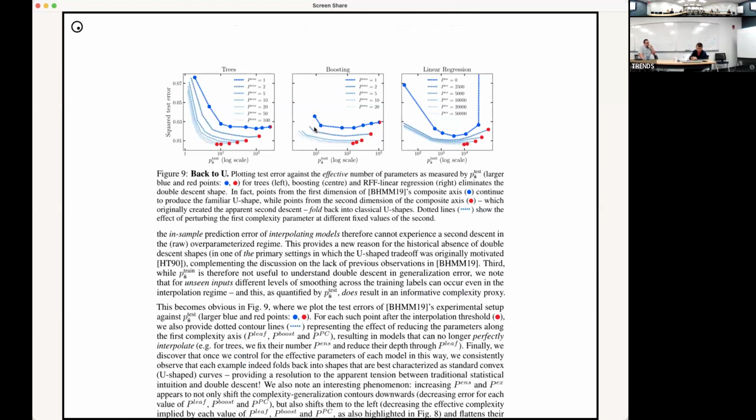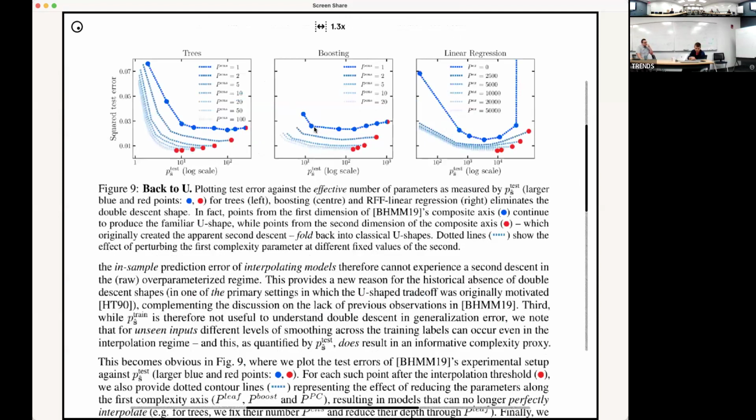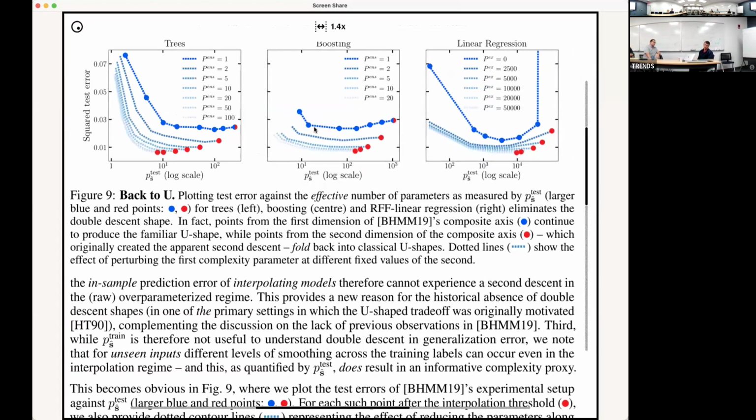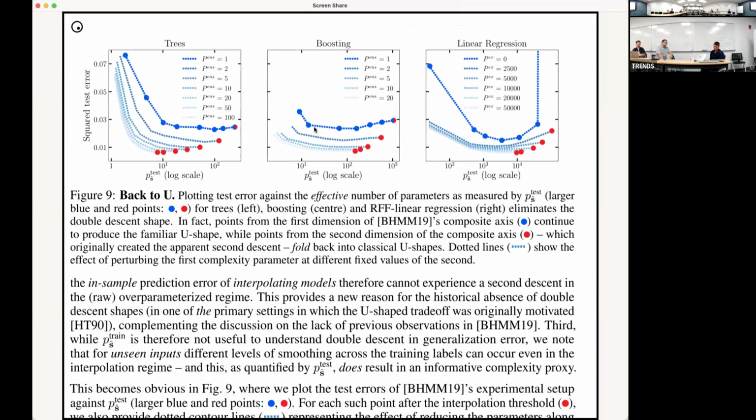When you re-represent this plot, or when you re-represent your error as a function of effective number of parameters, then no double descent, basically, it's called convex. I didn't catch what breaks here, but it's a convex curve now. The interesting part I didn't quite digest is that they're saying